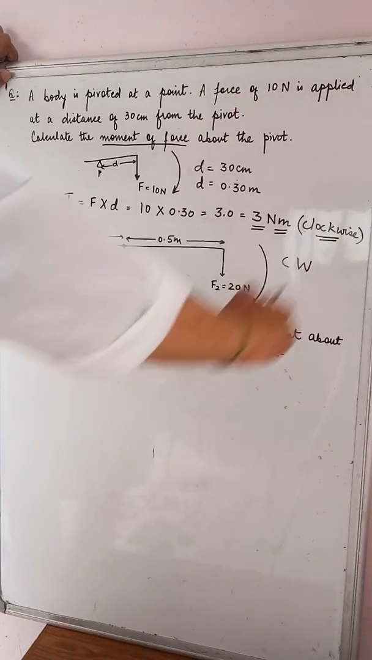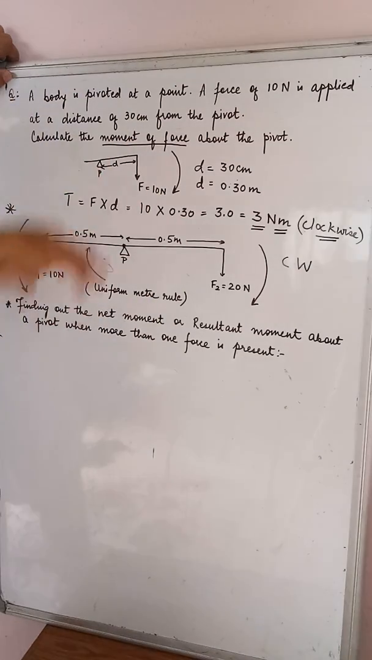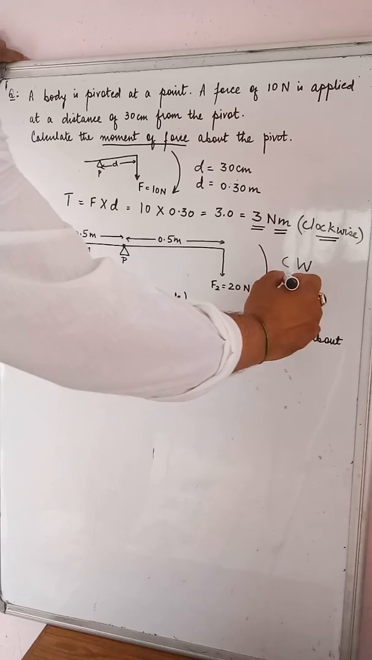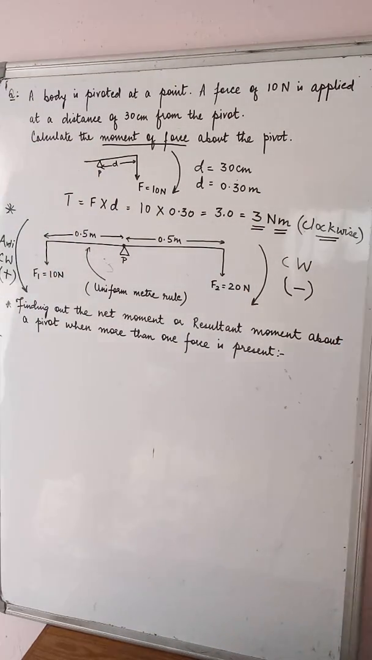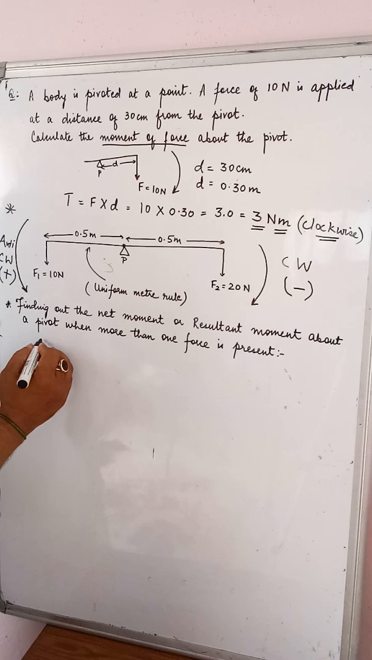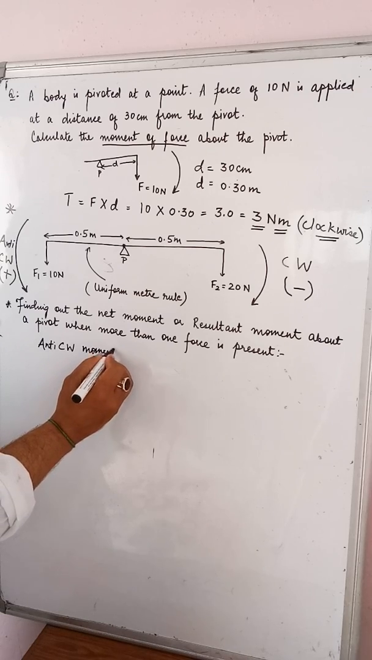So are they opposite? Yes, they are opposite. One is trying to turn it like this, the other one is trying to turn it like this. Now for sign convention, anti-clockwise torque or turn will always be taken with a positive sign and clockwise will always be taken with a negative sign. So how do we find out the net moment or the resultant moment because of these two forces? So first you calculate anti-clockwise moment about